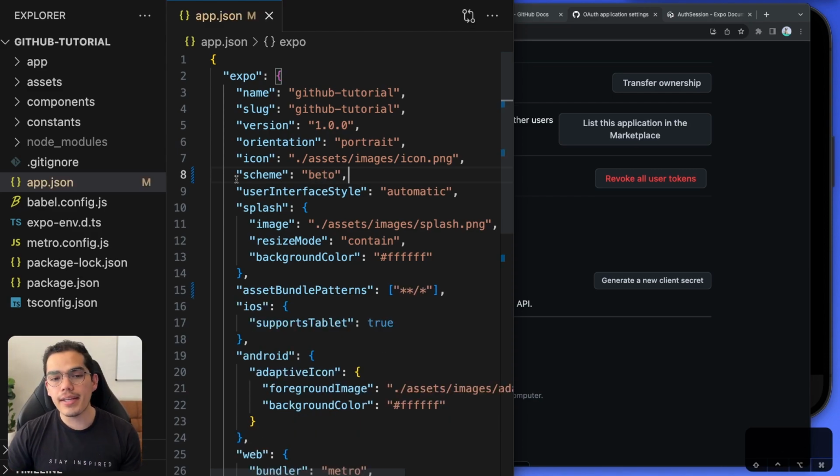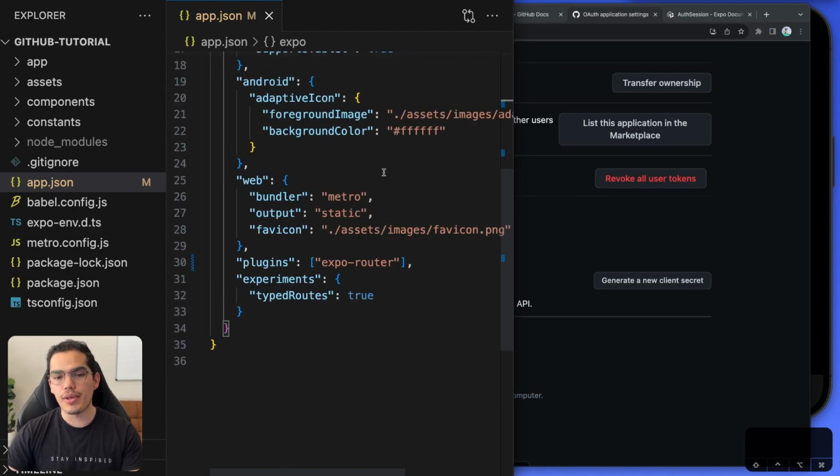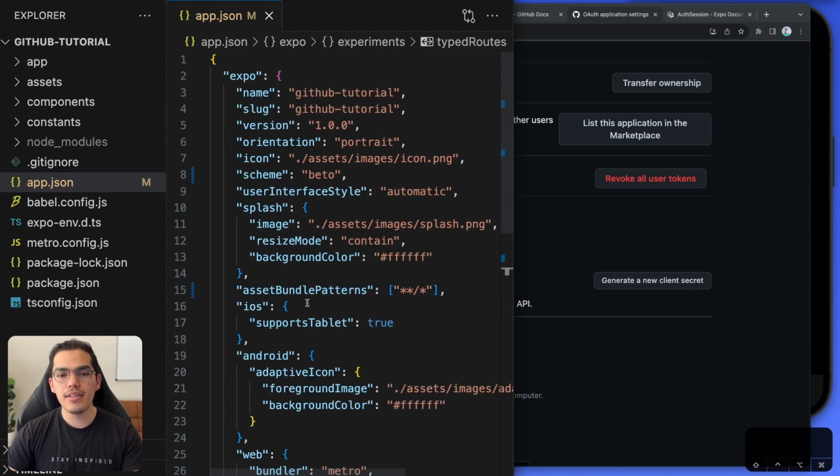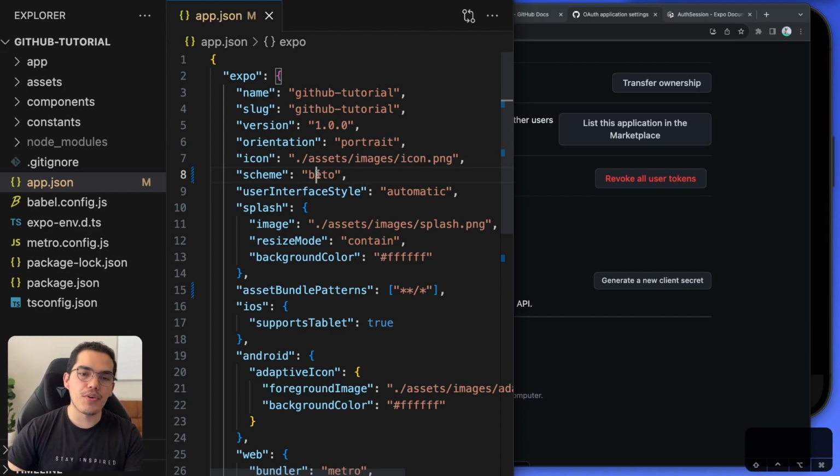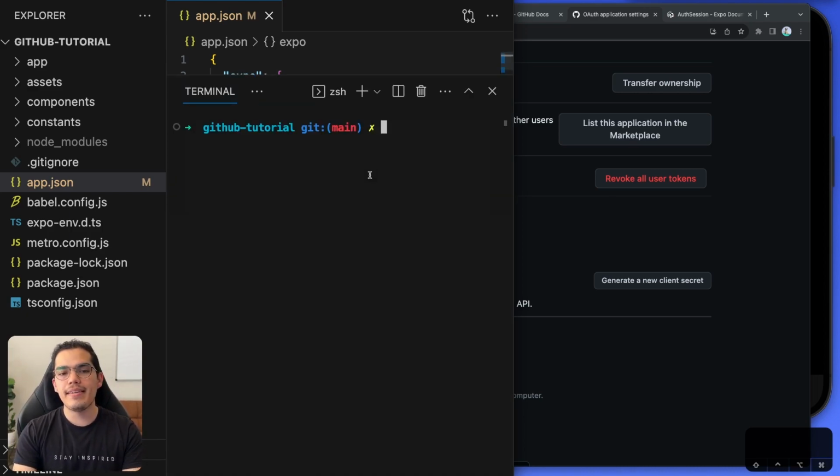Now, if you don't find this scheme, don't worry, just add it. You can add it right here after icon, or you can put it at the end. It doesn't really matter, just as long as you have this scheme and it's unique to your application. So I would say use the name of your application or the slug to ensure that it's unique. And yeah, so once you have that, just to test this out, what we can do is just open the